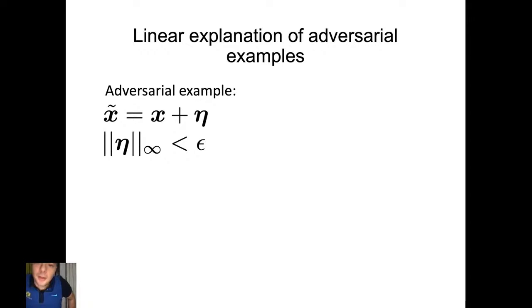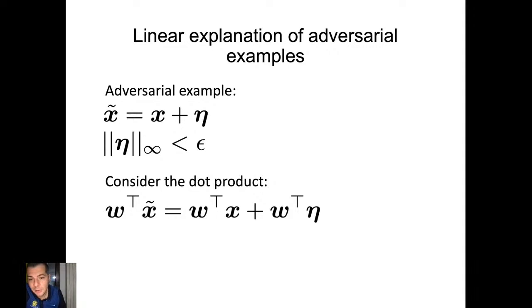So if you look at some adversarial examples, here the noise that is added is denoted by nu, and this noise has some upper bound epsilon. The upper bound is imposed in order to make sure that the change is imperceptible to the human eye.